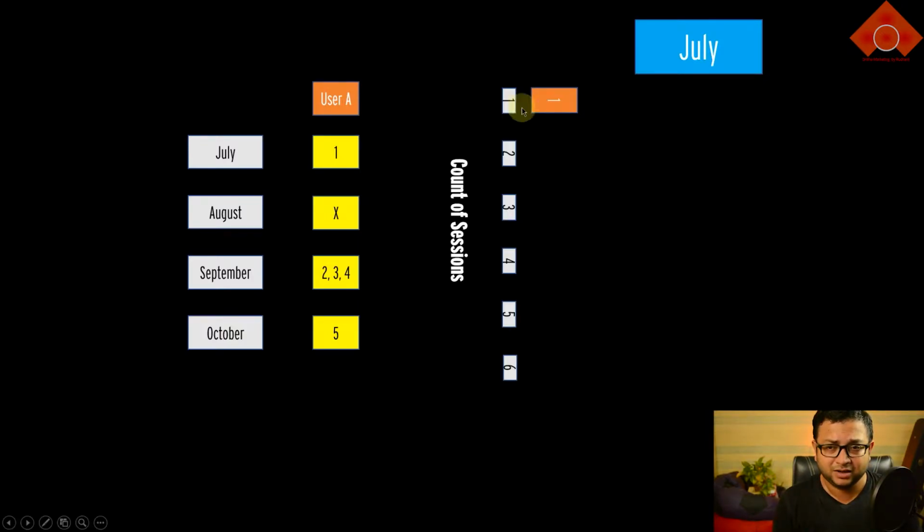Therefore, in the block of 1 that you see over here, this is the count of sessions. There are 1, 2, 3, 4, 5, 6 count of sessions displayed over here. This user visited once, and therefore we mark that block with 1 visit. This must be simple to understand, right? Similarly, if we check for August, we will not see any visits, and therefore we will not mark any block.